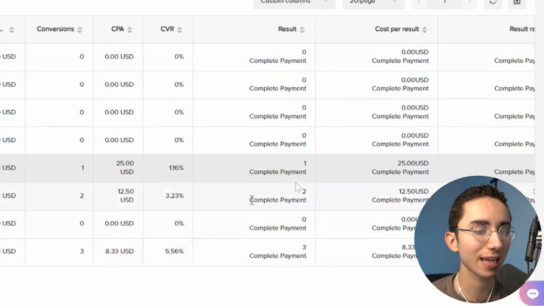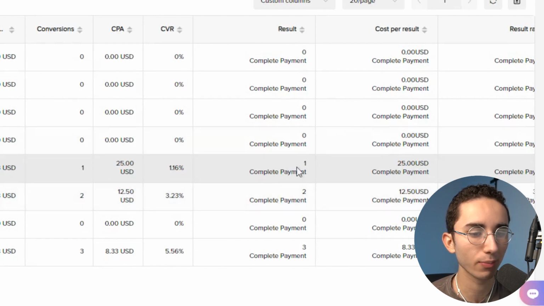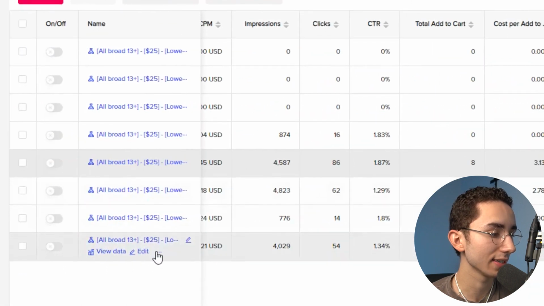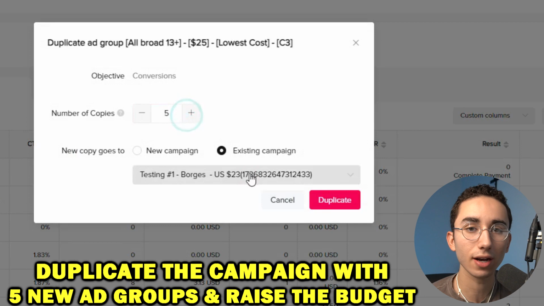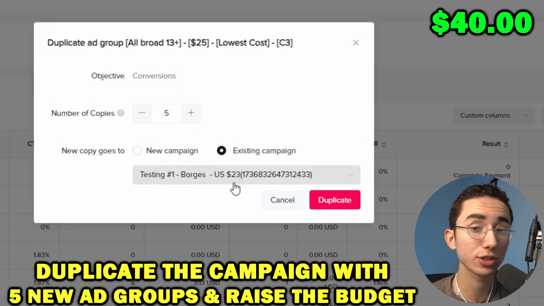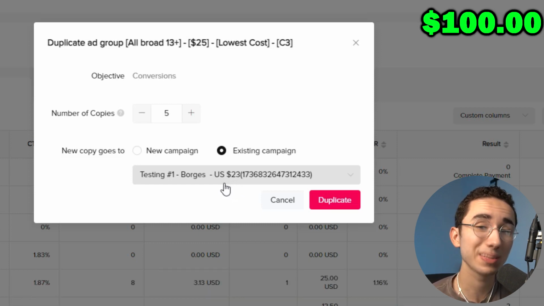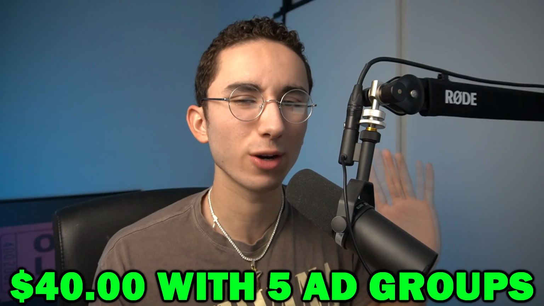So when we analyze these ad groups and we know that our break-even CPA is $30 and we see that we have multiple ad groups that are all under that break-even CPA, what I would just recommend doing is duplicate one of them into a new campaign, have 5 copies of that winning ad group, and then just raise the budget to $40 if your original budget was $25. But you can also do $50, you can do $100. It really depends on your budget, but for me personally, what I'll do, depending on budget, is just do $40 with 5 ad groups. So you're spending about $200, and then with that new campaign, you just analyze it after